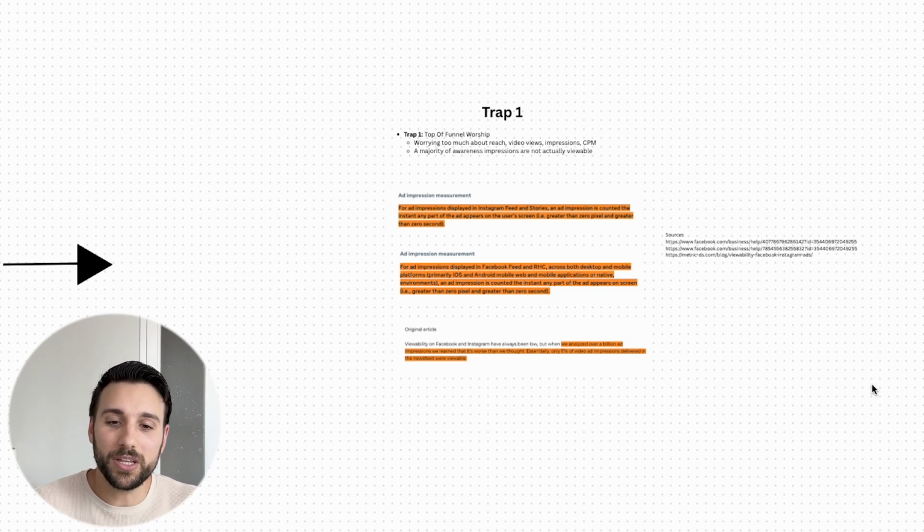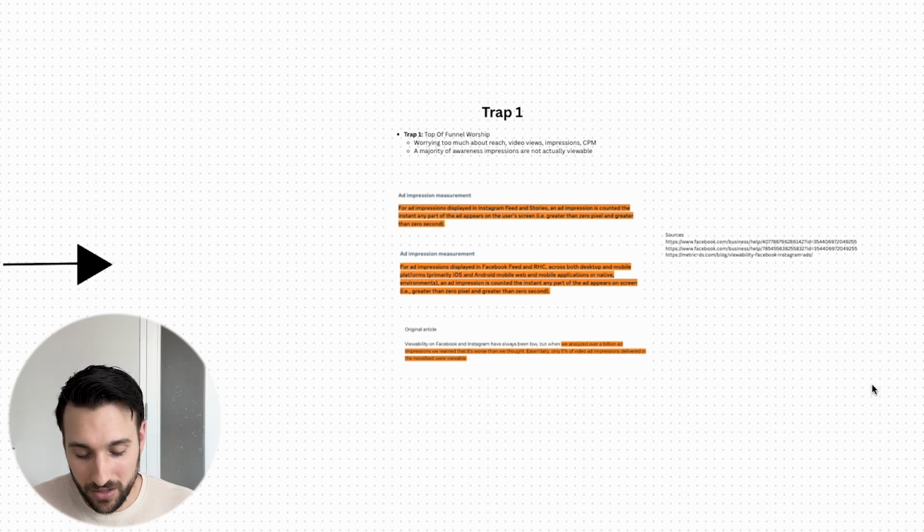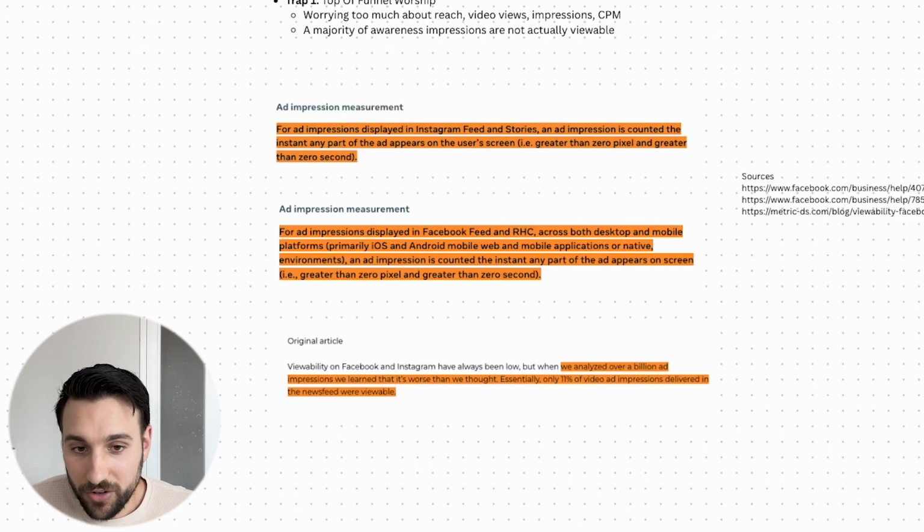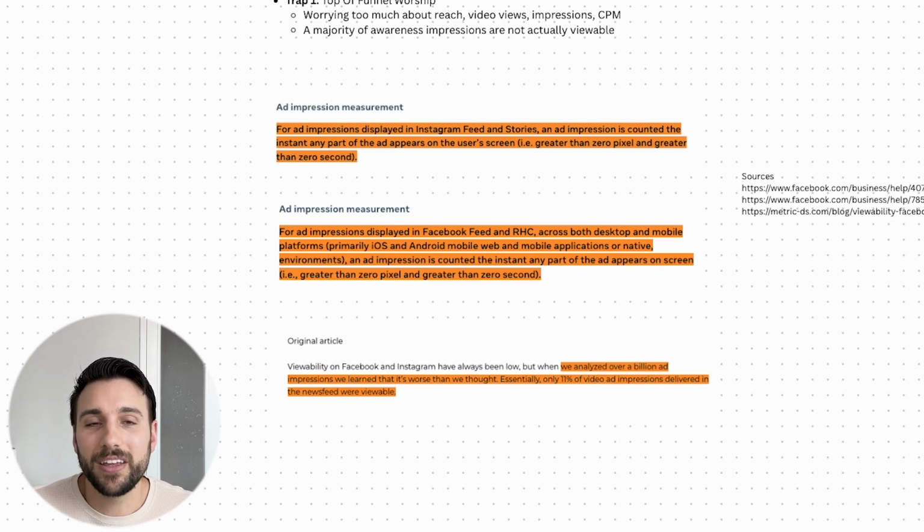Well, if you go into the Instagram and Facebook terms of service on their website, they define exactly what an ad impression is measured as on each platform. For ad impressions displayed on Instagram feed and stories, an ad impression is counted the instant any part of the ad appears on the user's screen, greater than 0 pixels and greater than 0 seconds. Do you know how small a pixel is? An impression can be counted